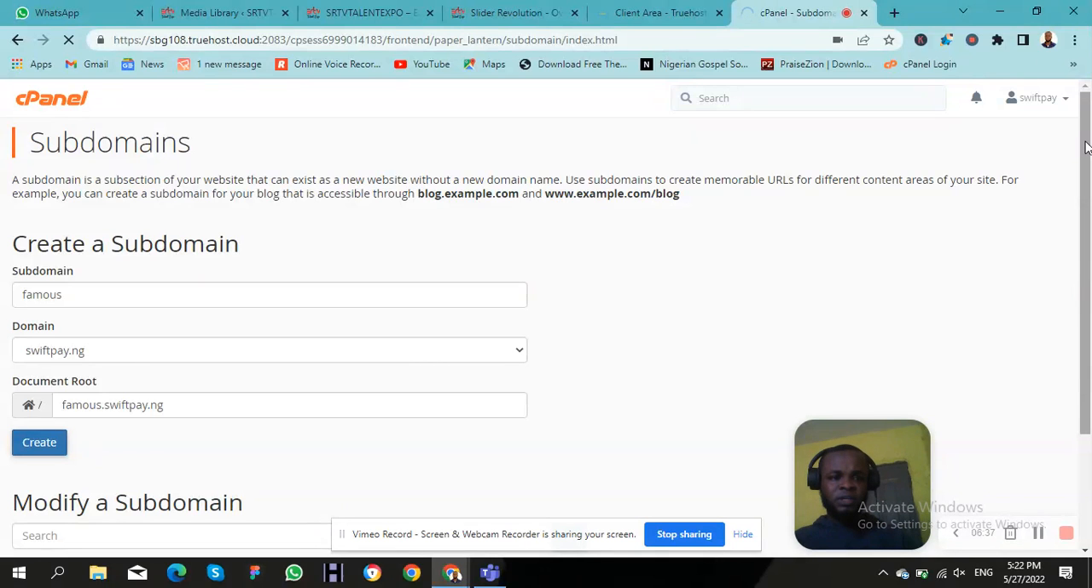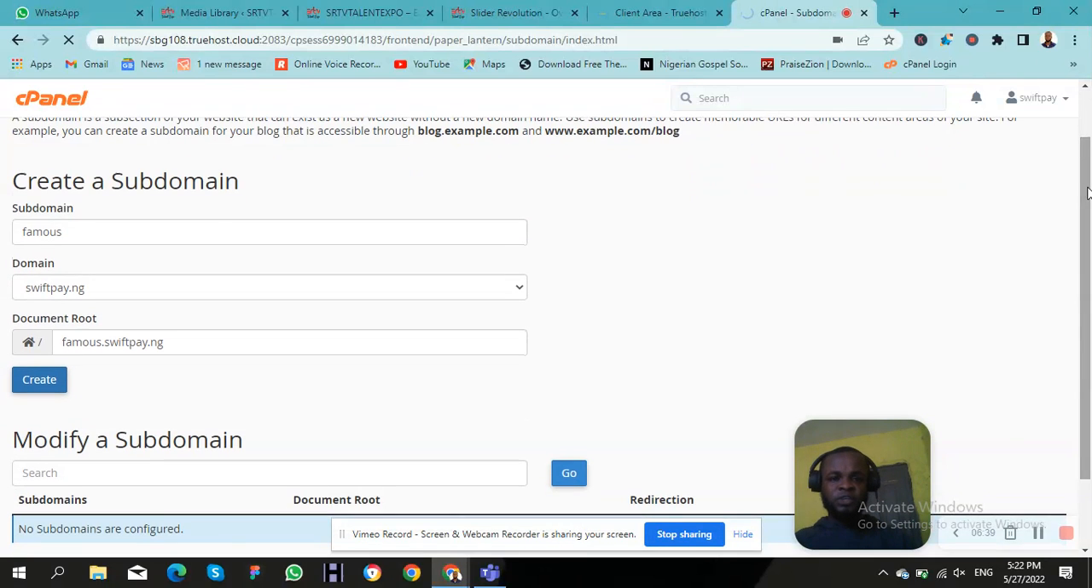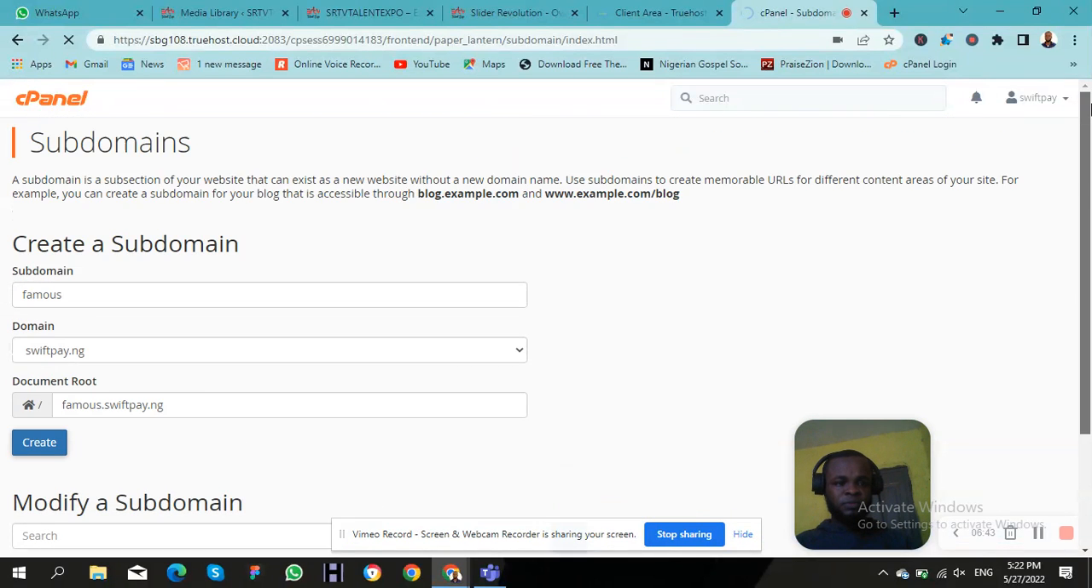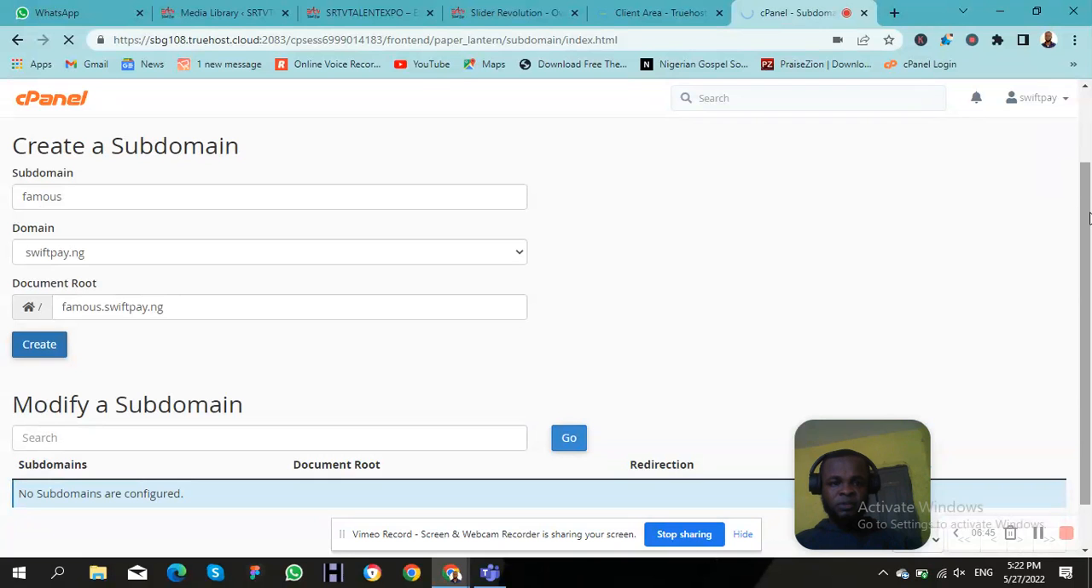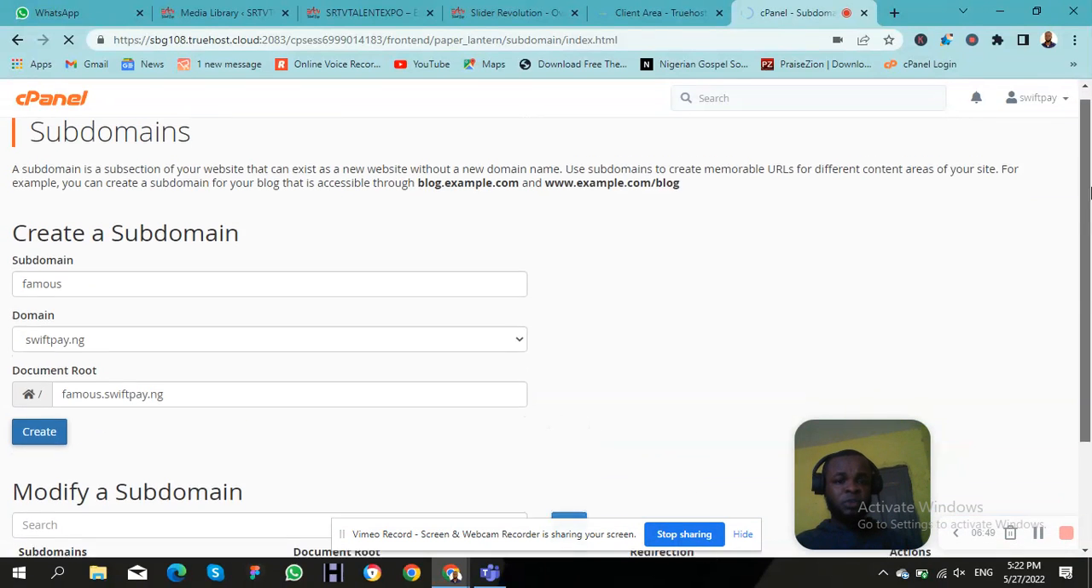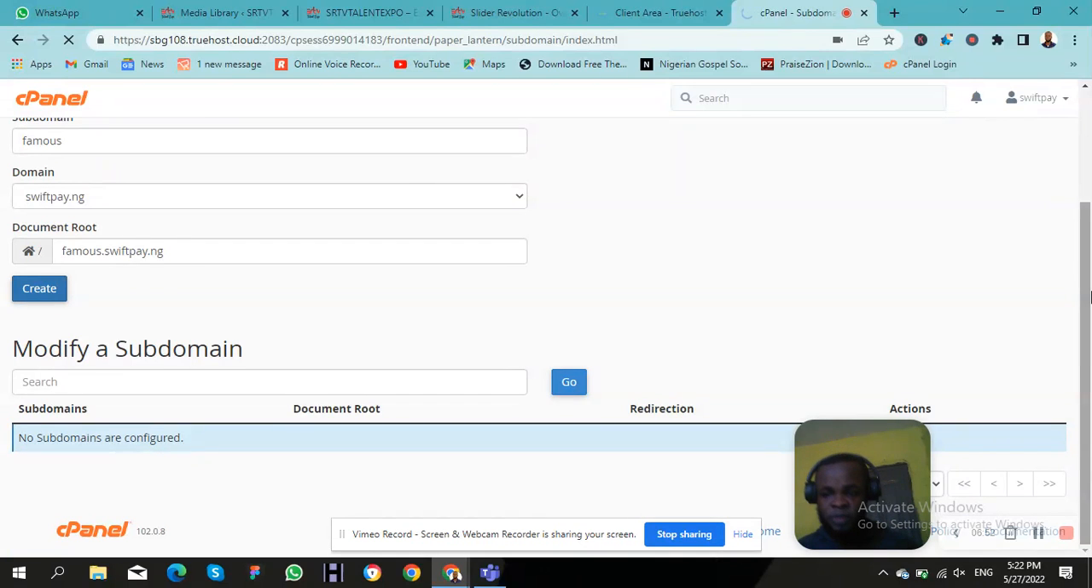So once you click on that, you wait for it to load. Once it's done loading, that means your subdomain is active. You've created the subdomain, so you can now even search it on your web browser as